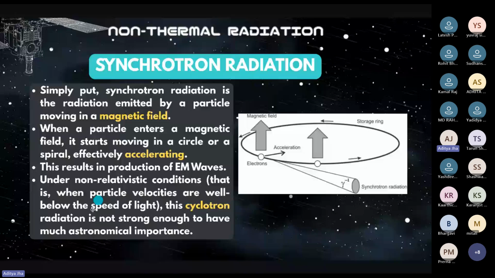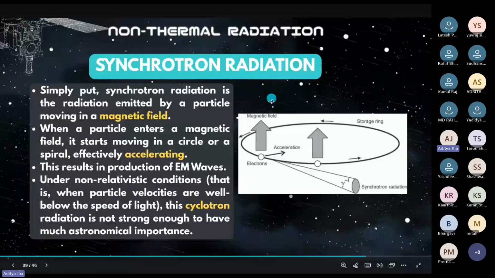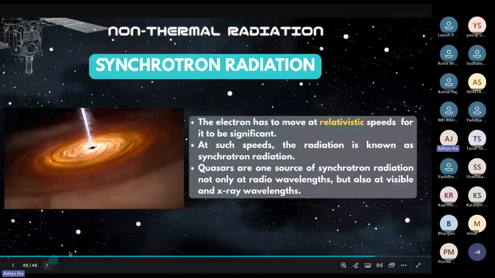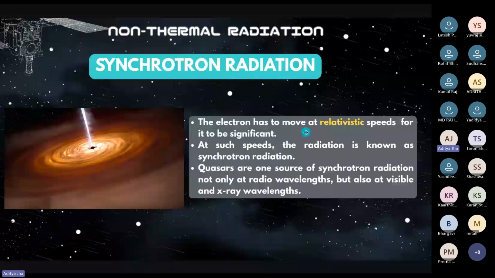So you can see here that there's a magnetic field, and a charged particle is basically moving in a circle here. And as it's accelerating due to the centripetal acceleration, it's emitting some radiation. Now, if the electron starts moving at relativistic speeds, then it will become significant and it will be called synchrotron